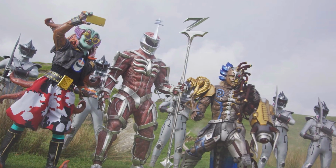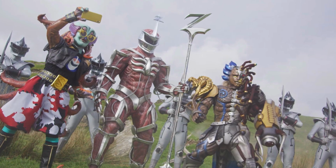And Doodrip has a poison he shoots at the Rangers, which they know does not work. However, Lord Zedd also notes that it was made specifically to make Ollie evil again. So it's specifically tuned to his morphin energy or something along those lines, specifically to make him evil yet again. And it does exactly what it's supposed to do. So Ollie's now working for Lord Zedd again, and in the process, he activates the cosmic portal Dino Key,